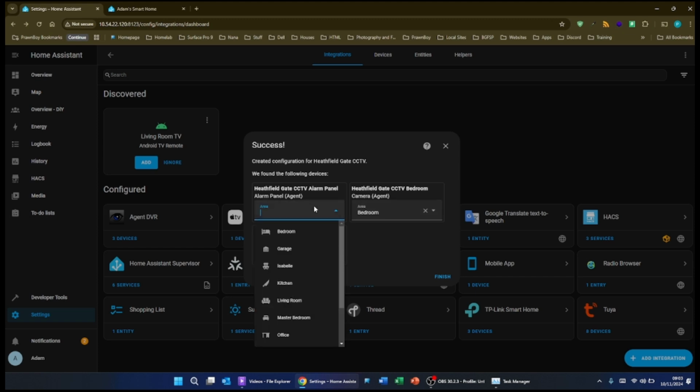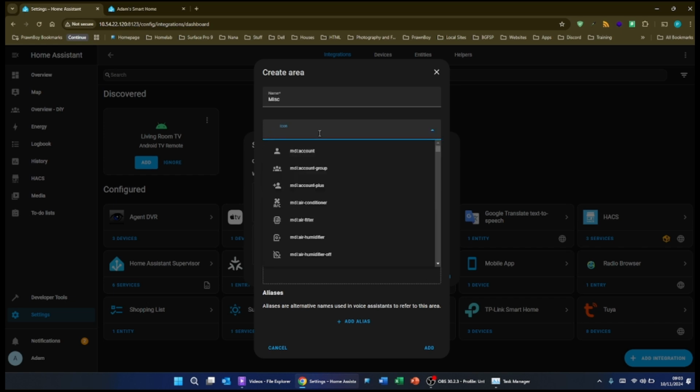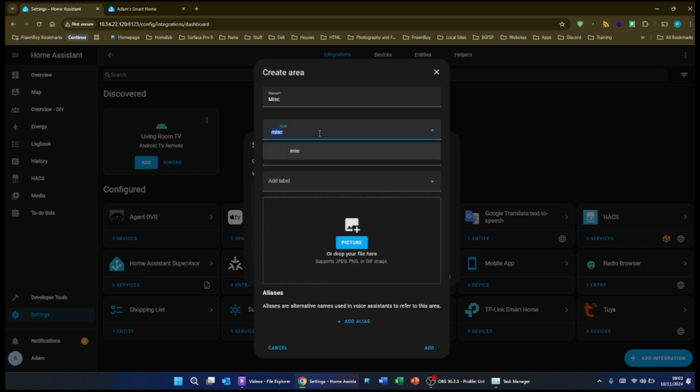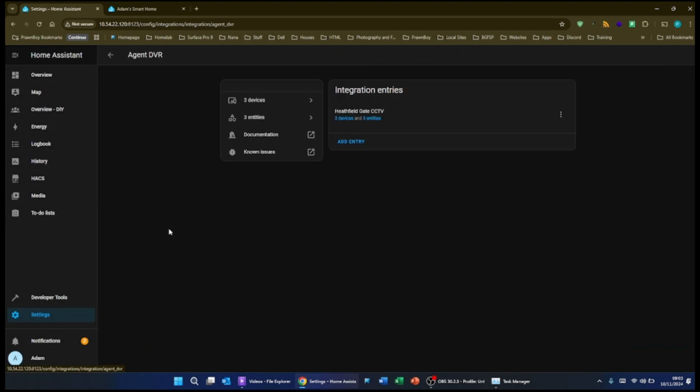And then this is in the bedroom, and this is also in the bedroom. No, just going to create a new area, just going to call it alarm panels, just for now. Or we're just going to call it misc. Okay? So, is there an icon for miscellaneous? No, great. So we won't put in a floor. Okay? So now we've got those things in here. We can go to